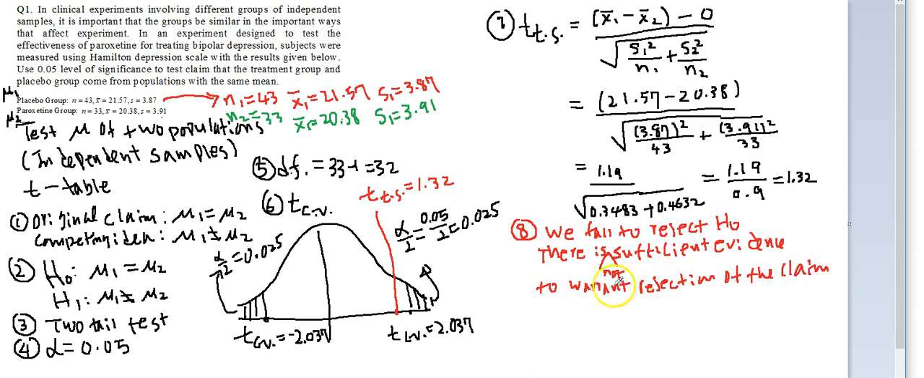That mu1 is equal to mu2. So it seems like whether you take the medication or you take the sugar pill, the I guess Hamilton depression scale is pretty much the same. So that tells me that medication is not working, I think. Alright, so that was the